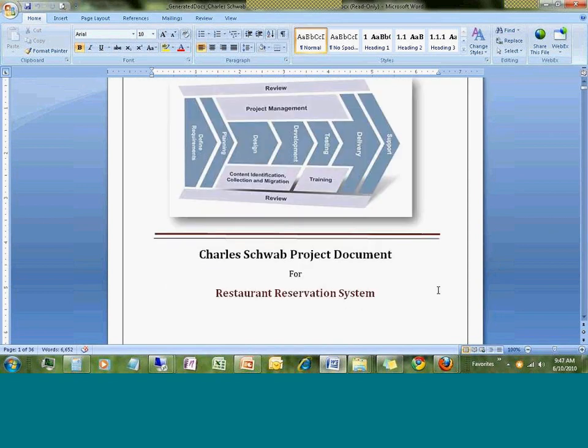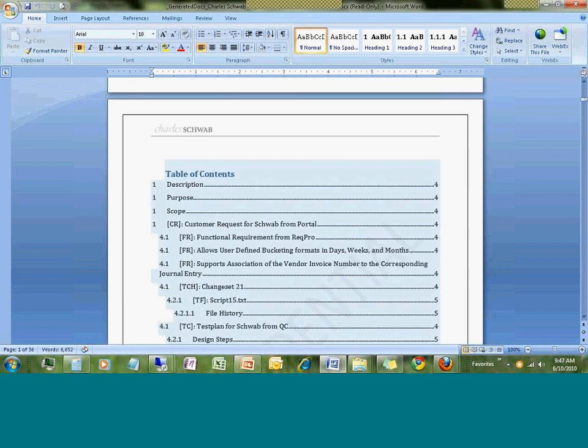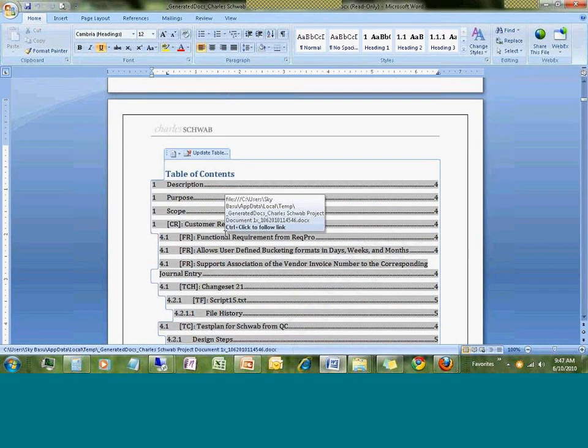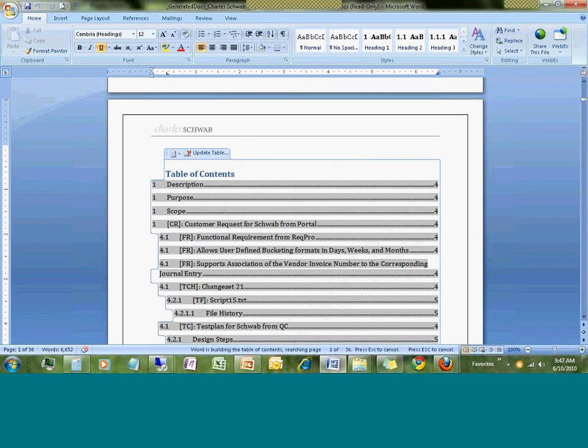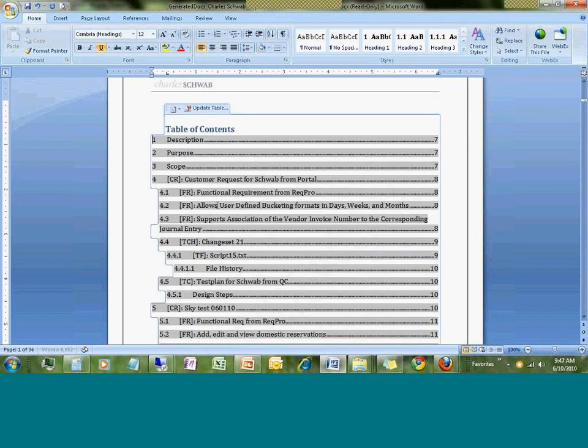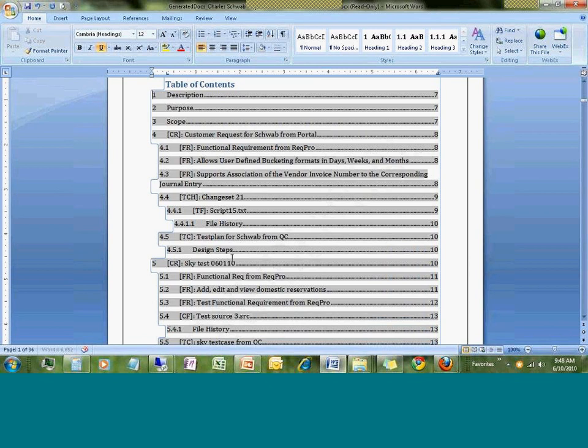So here is the Word document. As you can see, this has got nice formatting, and you have complete flexibility. Here's a table of contents. Let me just regenerate it for updating the page numbers. If you look at number 4 here, this is the customer requirement, the same one. Under it we have the 3 functional requirements, and then we have the change set. Under that we have the script file, all the file history. Here is the test plan from QC with the design steps, everything. So all the things we have done here are now